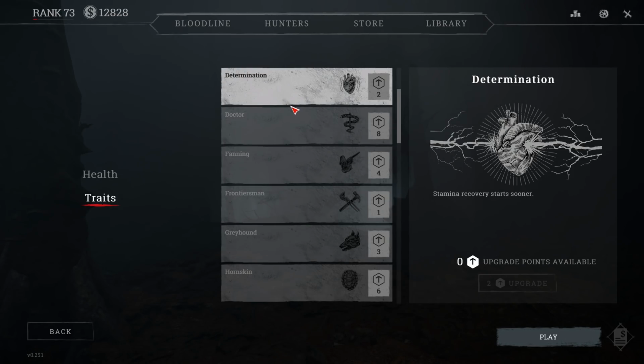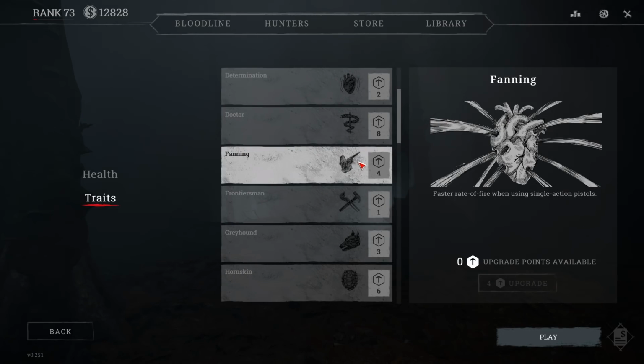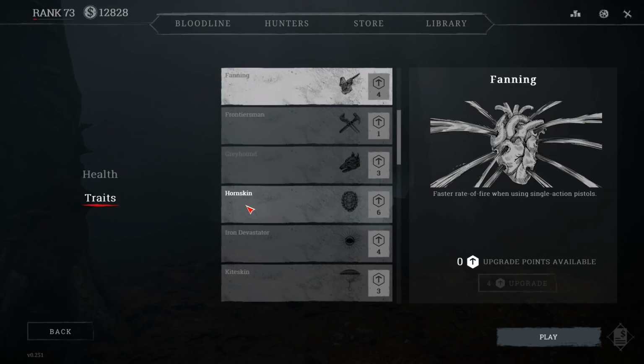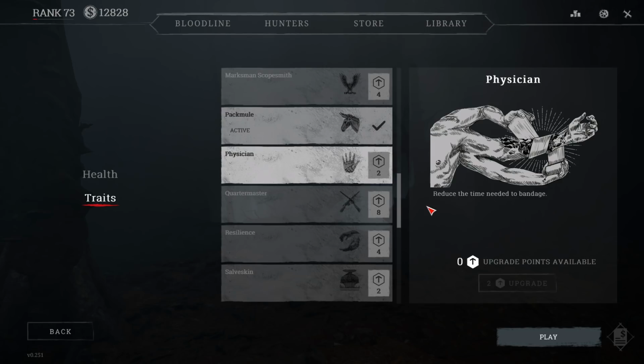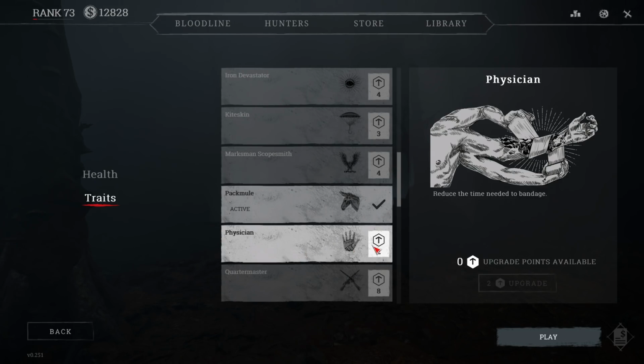Now, after you get these 2 traits, which you don't have to, but in my opinion I feel like these are essential. After you get these 2 traits, the next trait I would go after would probably be Fanning. But if not Fanning, then I would definitely go for Physician, as it reduces the time needed to bandage. I feel like this is another essential trait, as it's only 2 upgrade points, and